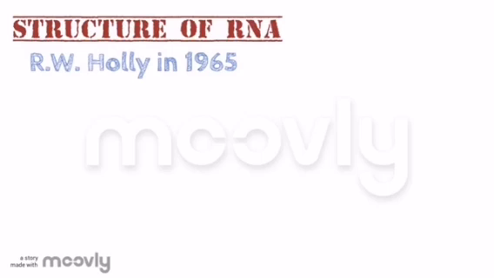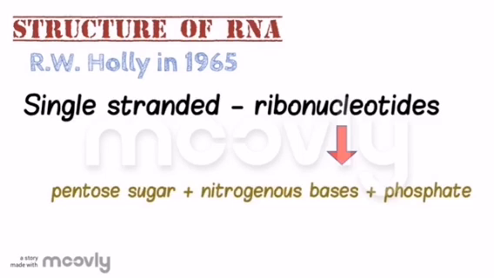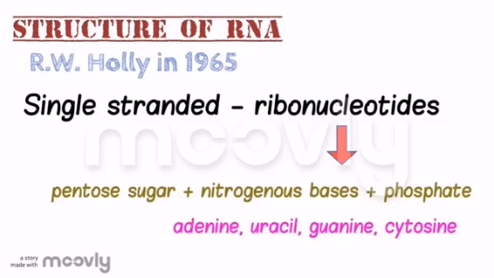Structure of RNA. The structure of RNA was discovered by R. W. Holley. RNA is single-stranded and is made up of ribonucleotides. A ribonucleotide in the RNA chain contains a pentose sugar, one of four nitrogenous bases, adenine, guanine, cytosine and uracil, and a phosphate